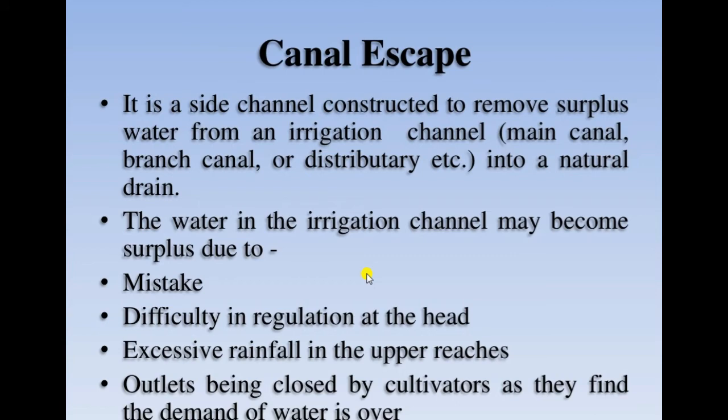We do not know how much water the users are taking from the canal. When some water courses are closed, or some obstruction is closed, finding the actual demand of water is not possible, but it is the estimated water demand. So based on that we are releasing the water into the canal. But when the water level increases beyond the permissible limit due to the cultivators not using the water, then we use the canal escapes to remove the surplus or extra water.